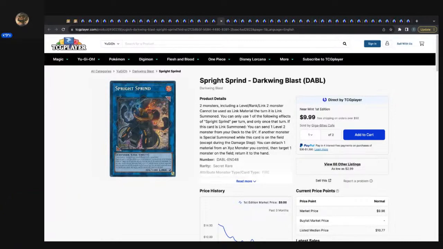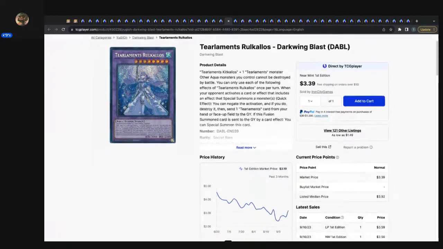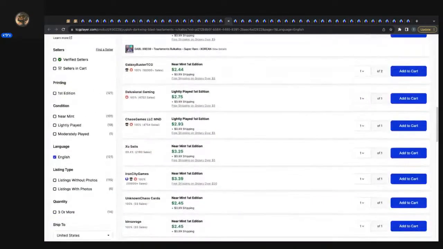But yeah, diving deeper into this Darkwing Blast a little bit. Yeah, Tier Elements Rukalos, another card that does not have a reprint. Time Wizard format, even though I know the time that this deck had its limelight is fairly recent. But still, $244 near mint first edition for a secret rare of a tier 0 meta deck, and it doesn't